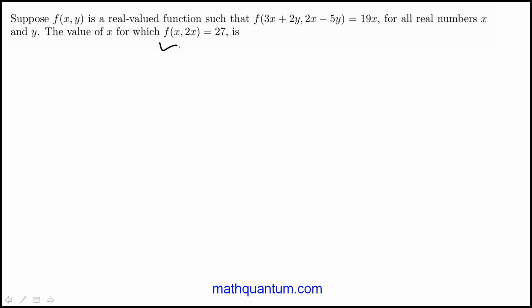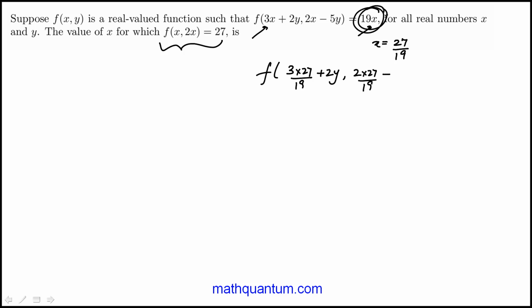So here I start with this condition and I say, how do I make this 27? I can choose anything for x, and if I choose x to be 27 over 19, then that would become 27. And if I replace the input value for x in f with 27 over 19, this is what's given to us. So I'm almost forcing this output to match with that,